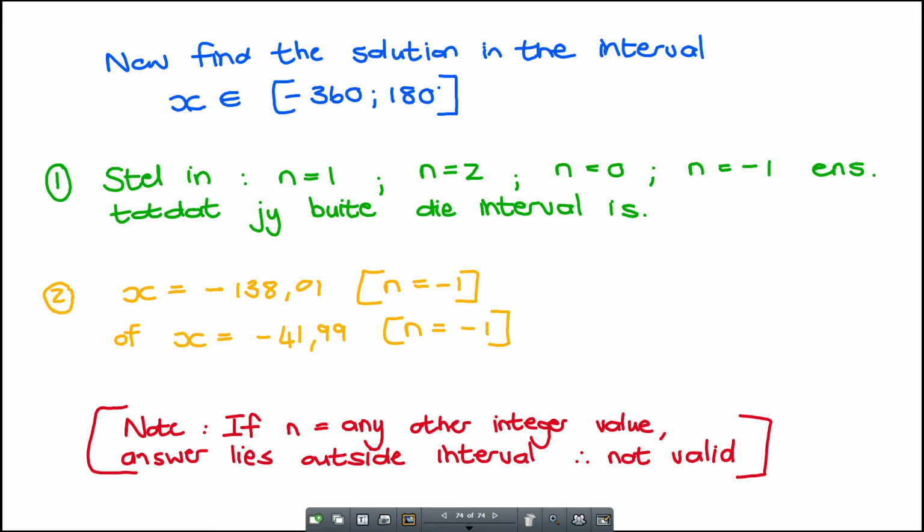Okay, nota. As n gelyk is aan enige ander heelgetal waarde,